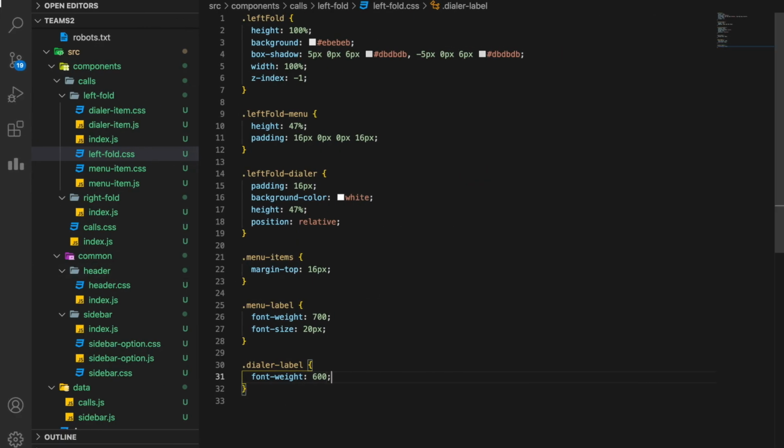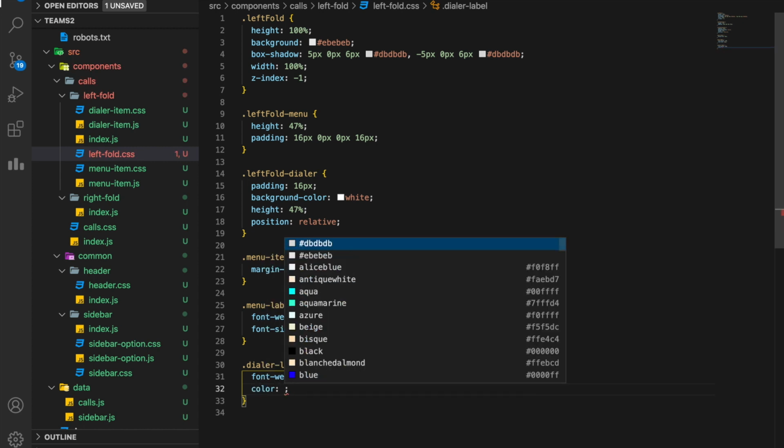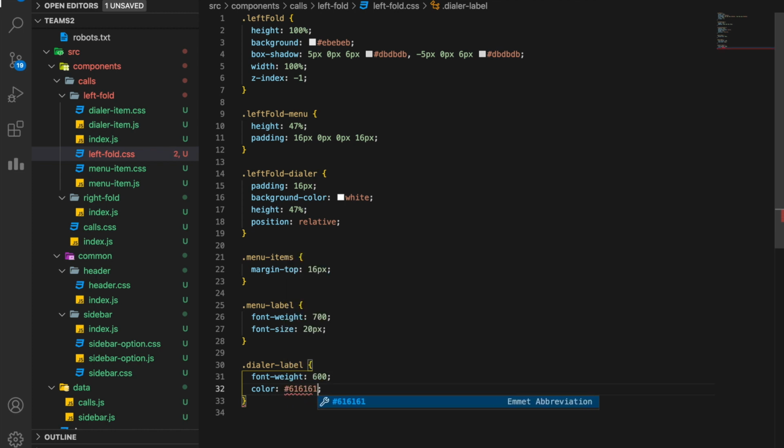And then it has a different shade of gray again. So color, again color you use for fonts and anything that is on the canvas, and background color you use for the canvas. By canvas I mean the div and everything, the base actually. So I'll use the 616161, and font size again 20 pixel.